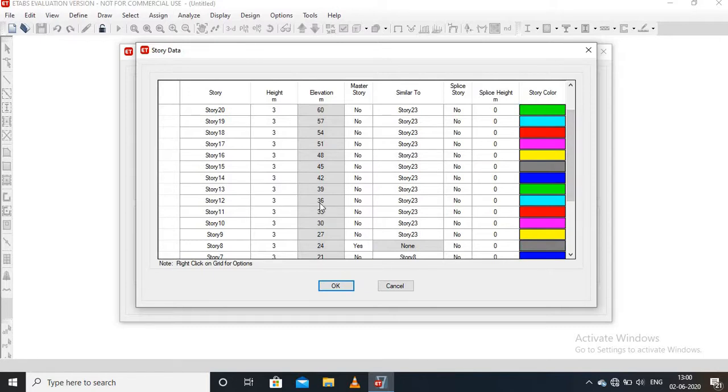And then after that we have to make story number 14 also a master story. And then make story number 19 a master story.